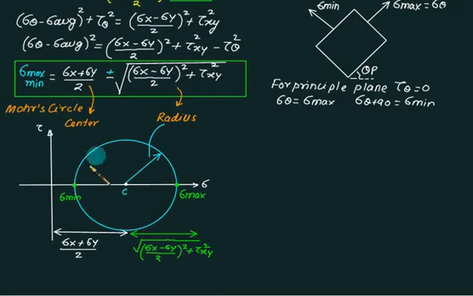Think that the circle touches the right side at sigma max and the left side at sigma min. Then you must conclude that if this point is shifted to this side, it must be equal to tau max, because if you project this point, it is at the maximum permissible value of tau. If this one is the sigma axis and this is sigma max, then this point is tau max. Similarly, we have one more tau max. So this is plus tau max and this one is minus tau max. But tau max is there; it doesn't matter whether tau is positive or negative.